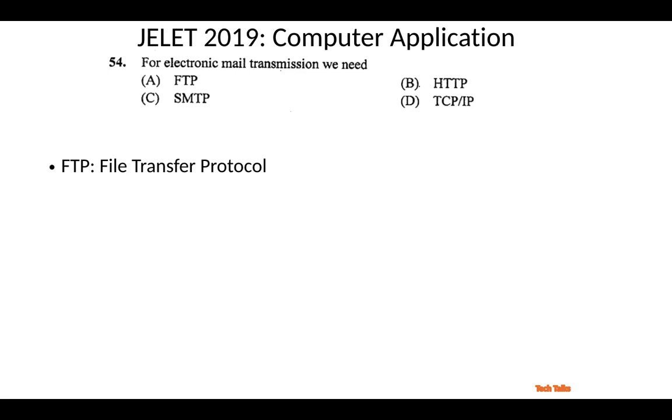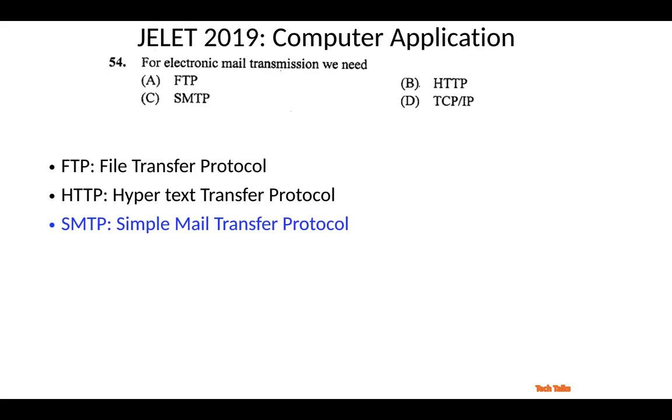So FTP is basically used to upload a file from your system to some other server, or to get a file from the server, all that kind of thing. This is known as file transfer protocol. Okay, HTTP, this is hypertext transfer protocol. All we know, all the websites or HTML pages, there are the hyperlinks. So we click the link and we reach another web page. So all these are basically HTTP, and there is another, HTTPS, that is the secured hypertext transfer protocol. So these are actually used for websites or web pages, web servers.